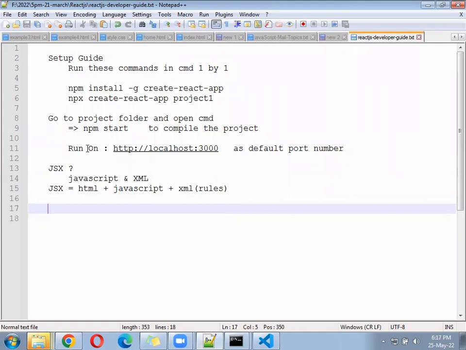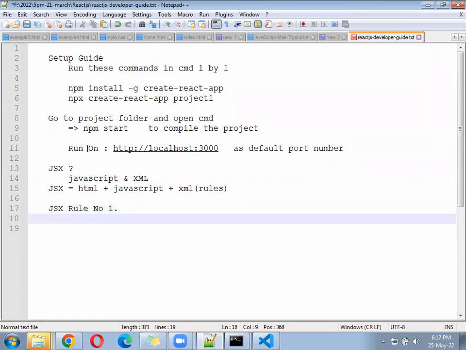JavaScript, HTML, and XML. In that, what is the rule regulation? JSX rule number 1.